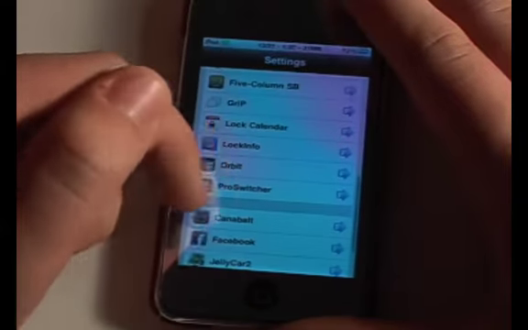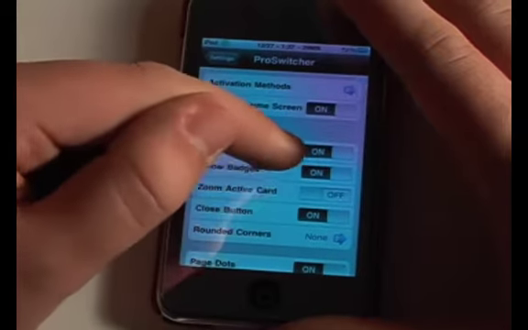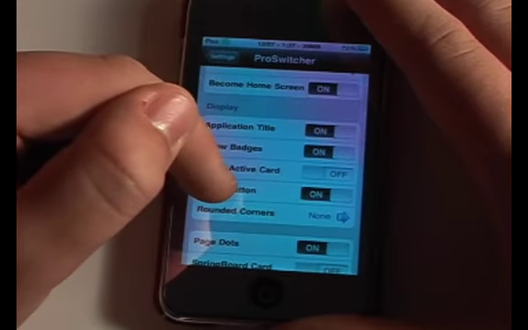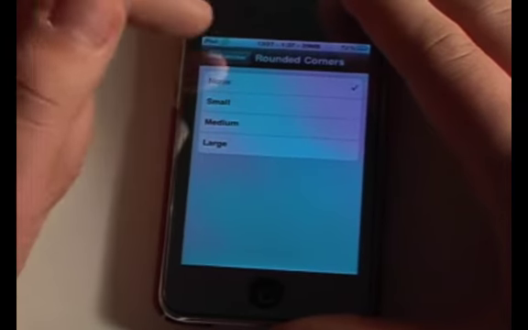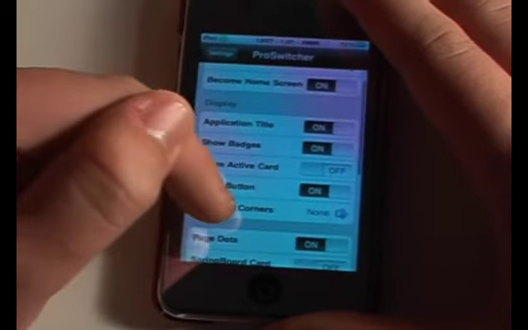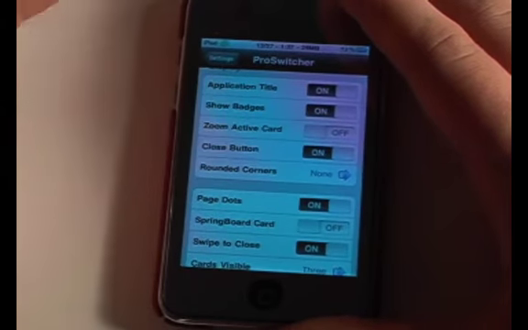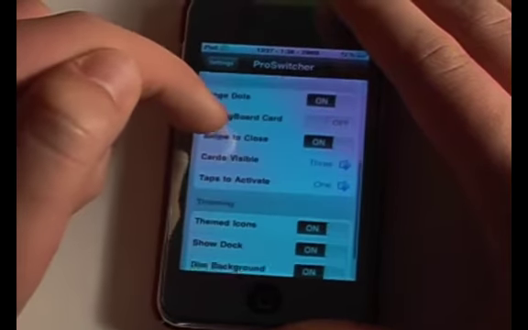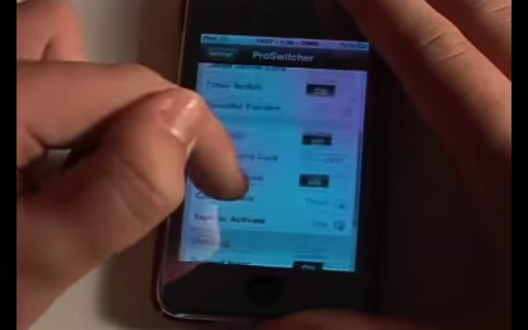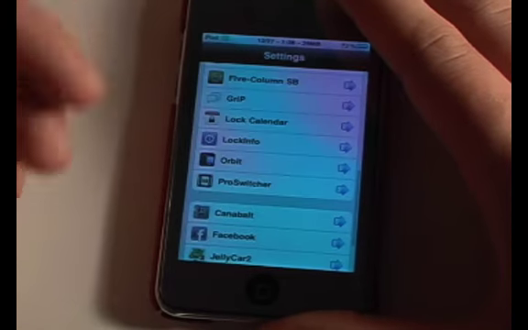And then it's also got the close button and the rounded corners, which you can change. You can have small, medium, large, or no rounded corners. Page dots, which lets you show what pages you're on. Each app is a page. And then Springboard cards, swipe to close. As you can see, it's got a lot more settings. I'm not going to go through all of them because there's a lot, but now I'm going to do the